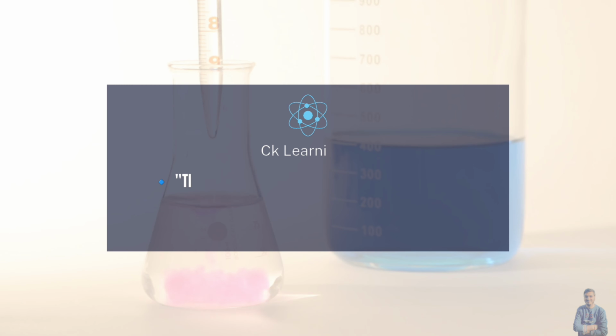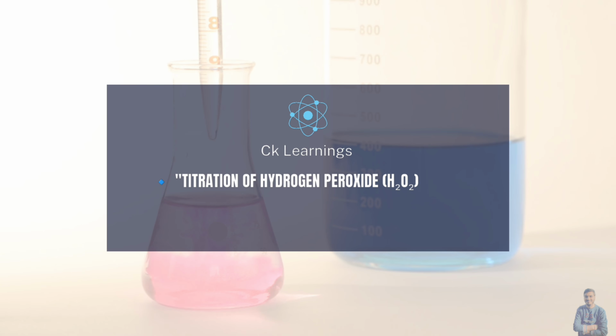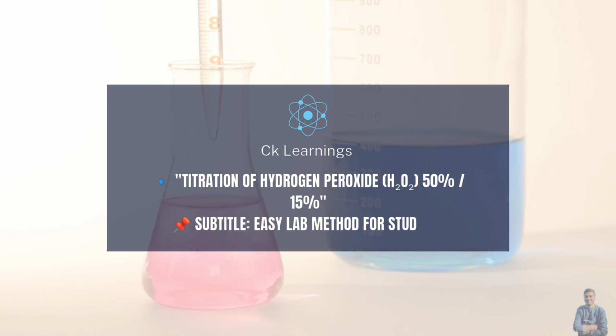Hello everyone, today we are going to see a cool chemistry experiment. The titration of hydrogen peroxide H₂O₂ with potassium permanganate KMnO₄. Titration is a way to find how much one substance is needed to react with another, and it's super important